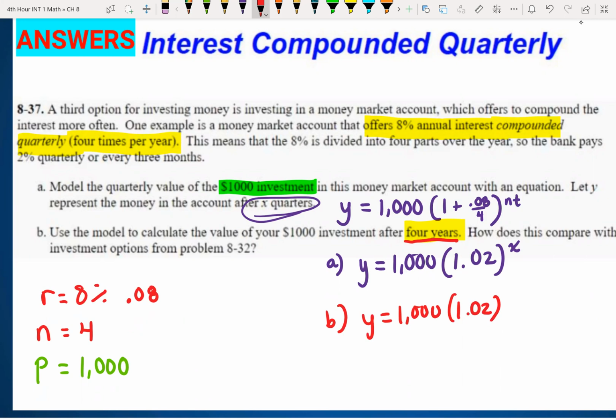So 4 quarters times 4 years means this is going to compound 16 times. And that's why I'd really rather see a 4t in here where t represents years, because that might illustrate better to you all where that 16 came from. 4 quarters in 1 year and 4 years have passed by. So that's 16 quarters. So when you enter that in your calculator right there, you're going to get a money value of